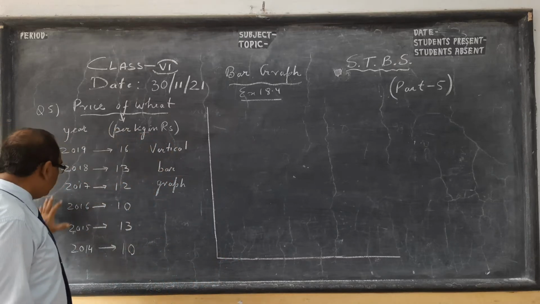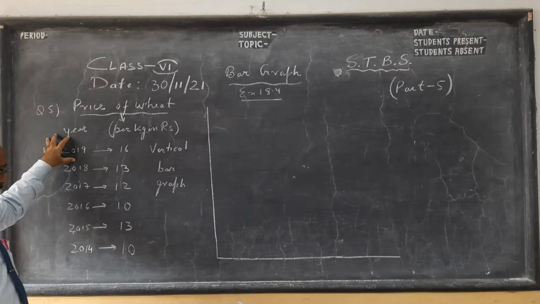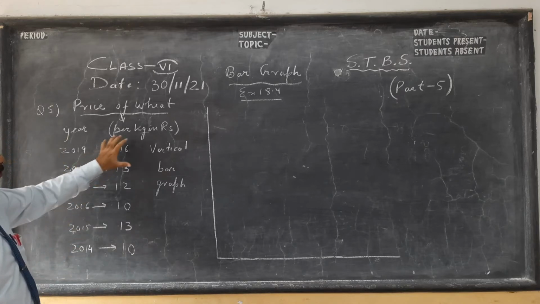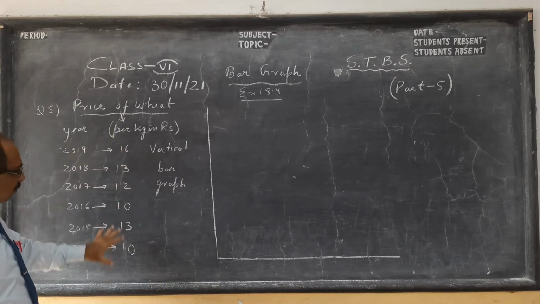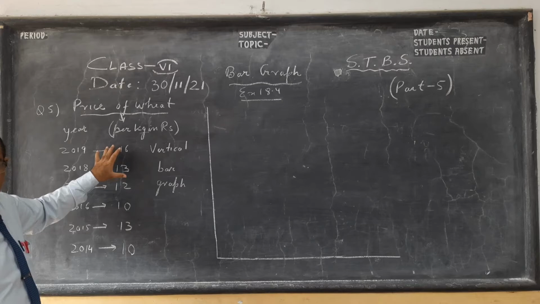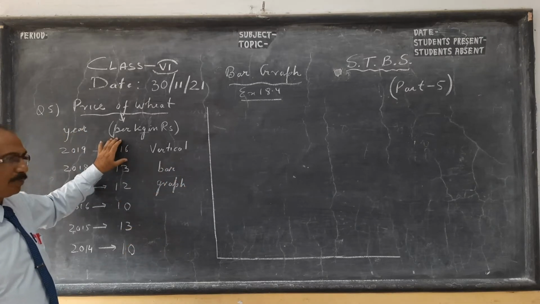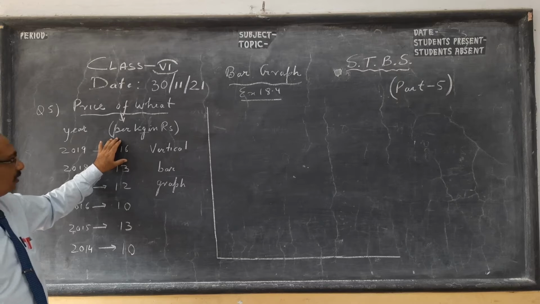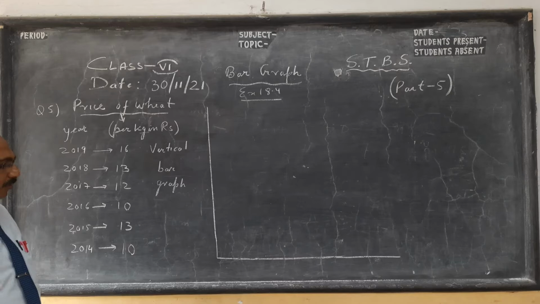Here, in different years, children, starting from 2009 to 2014, is the per kg price of wheat, maybe in the market. You see in recent years, as there is inflation, prices do go up. So now we have 16 rupees a kg. In fact, it's more than this. As per the question, in 2014 it was 10.